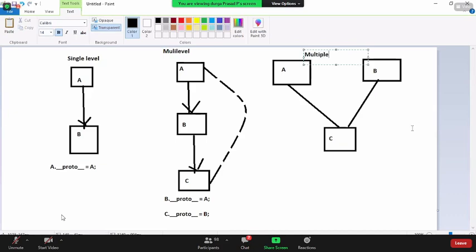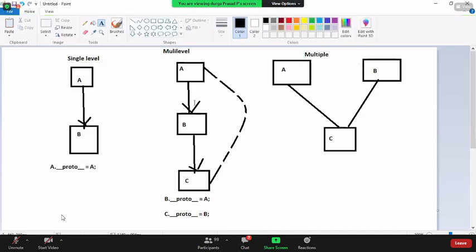So this we call multiple inheritance. Coming to JavaScript, it straightforwardly supports both single level and multi-level inheritance. It is straightforwardly not supporting the concept of multiple inheritance. Why am I using the word straightforward here? When you come to other technologies, like Java, Java also does not support multiple inheritance because of the data ambiguity issue. But indirectly, I am able to achieve that using the concept of interfaces, either implementing or extending an interface.